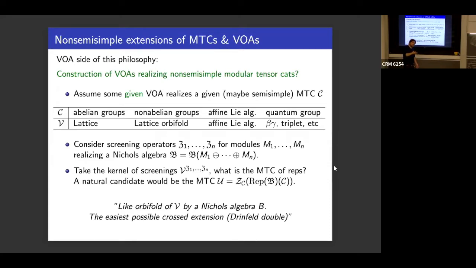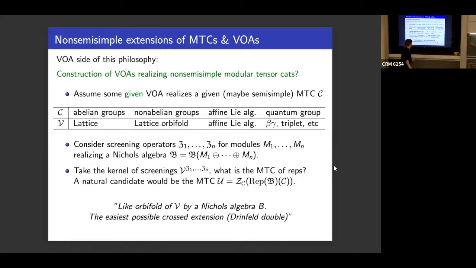You have some Lie algebra cross tensor category in quotation marks, which is just the Lie algebra version of the G cross tensor category for a Lie group. And now you want to do this for non-local screening. So now there's a braiding present, which is inside the category. So it's an extension of this category. You have a forgetful functor from the extension to the category itself, like this.